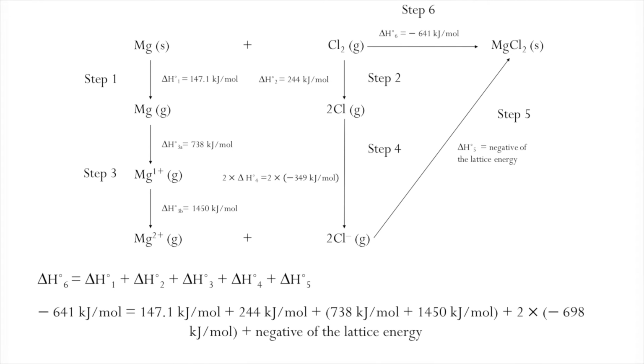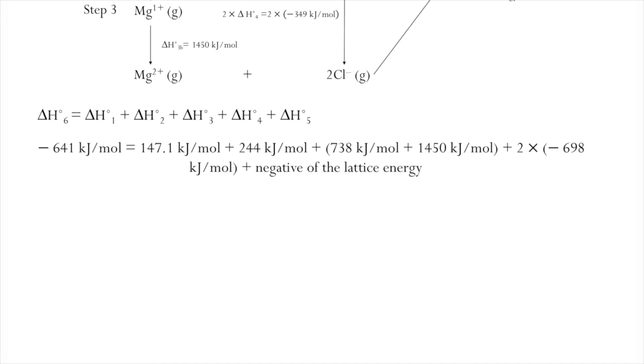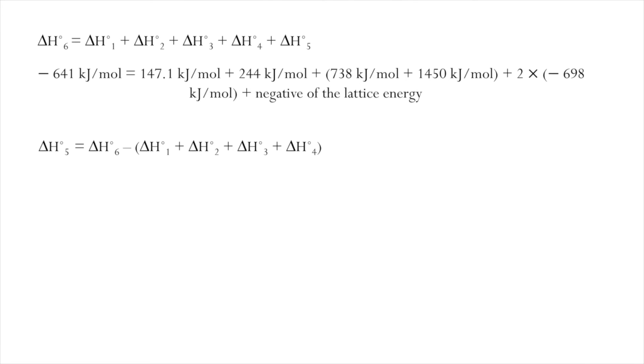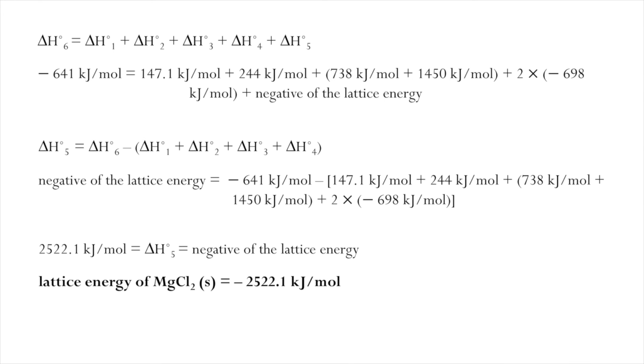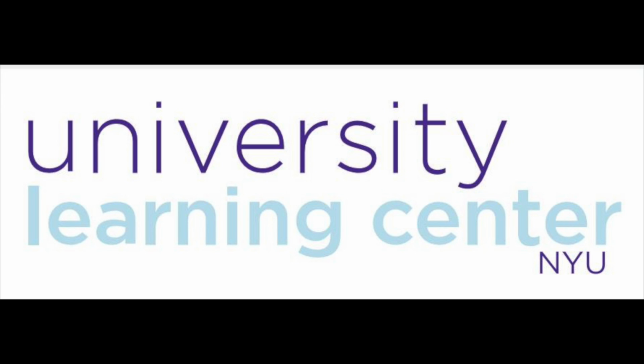And if we put in the numerical values, it should look something like this. Next, we want to rearrange the equation to solve for delta H5, which again is the negative of the lattice energy. And doing all the algebra, we get that delta H5 equals 2,522.1 kilojoules per mole. Since this is the negative of the lattice energy, we simply add a negative sign in front and then we'll have the lattice energy for magnesium chloride solid, which is negative 2,522.1 kilojoules per mole. Hopefully this video helped you learn something about how the Born-Haber cycle is used to determine